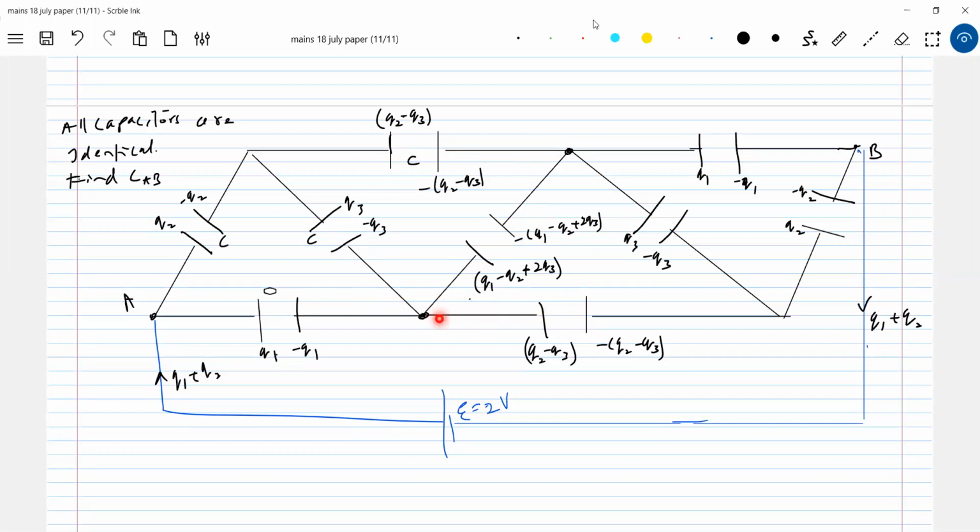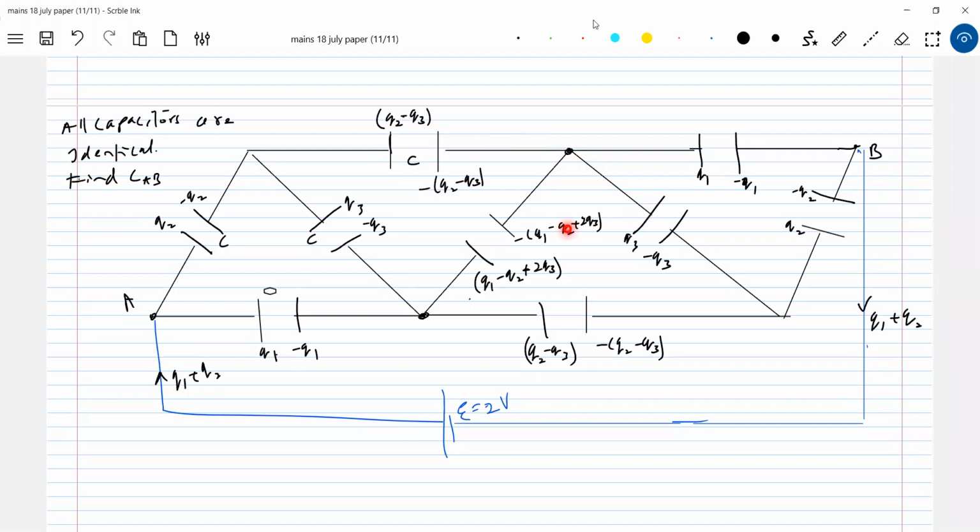let's assume that Q2 minus Q3 has come. How much charge entered here? Q1 plus Q3. So in that Q2 minus Q3, if I send it here, then how much should go here? Q1 minus Q2 plus 2Q3. So this should be here again. Here how much charge? Q1 minus Q3, and here Q1 minus Q2 plus 2Q3. So one Q3 will get eliminated. That Q3 will come here.